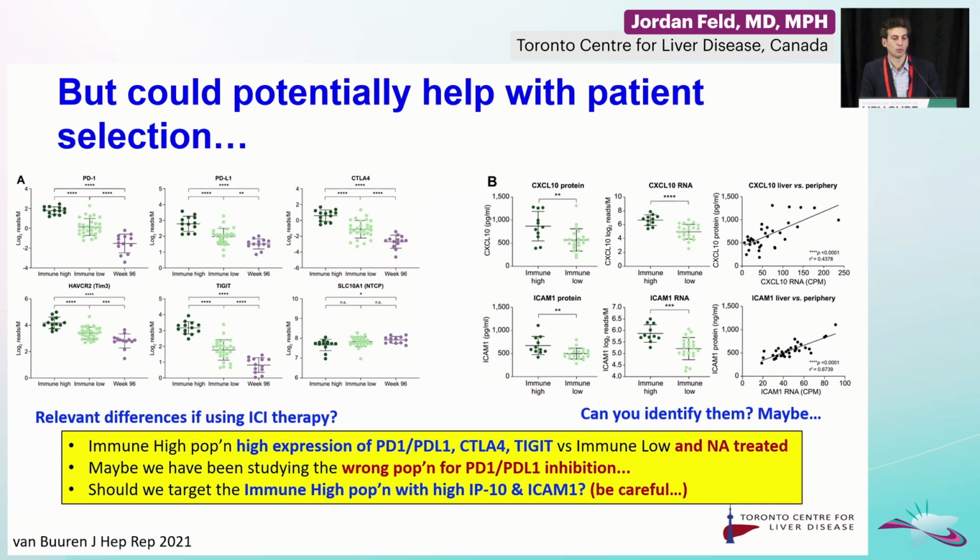So why is this important? Well, we usually think about using checkpoint inhibitors, if you think about where they've been studied, it's been primarily in nuke-suppressed patients, but maybe we've actually been using them in the wrong population, where the expression is high in the PD-1, in this sort of immune-high population, and not in the nuke-treated patients. And so we've seen variable responses, and maybe we've targeted the wrong population. That being said, if we put it into this immune-high population with high expression, we do have to be a bit careful that could lead to very severe hepatitis. But I think it's an important concept of how we could select the right patient for the right therapy